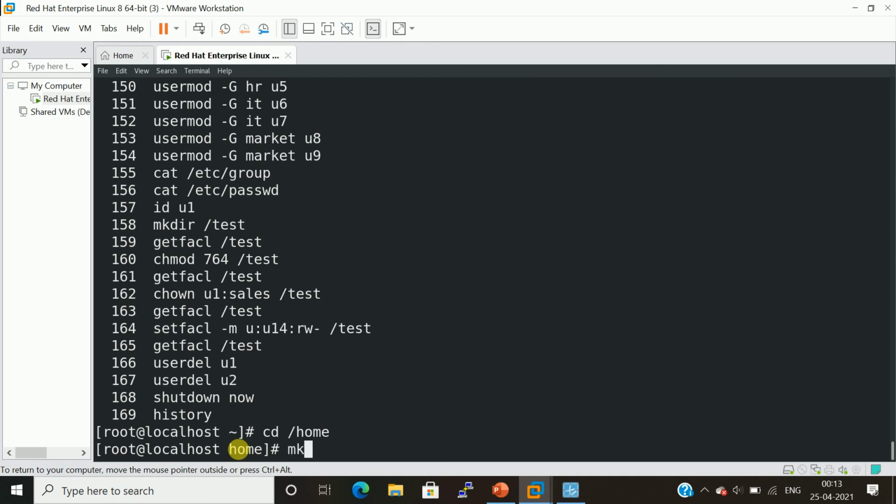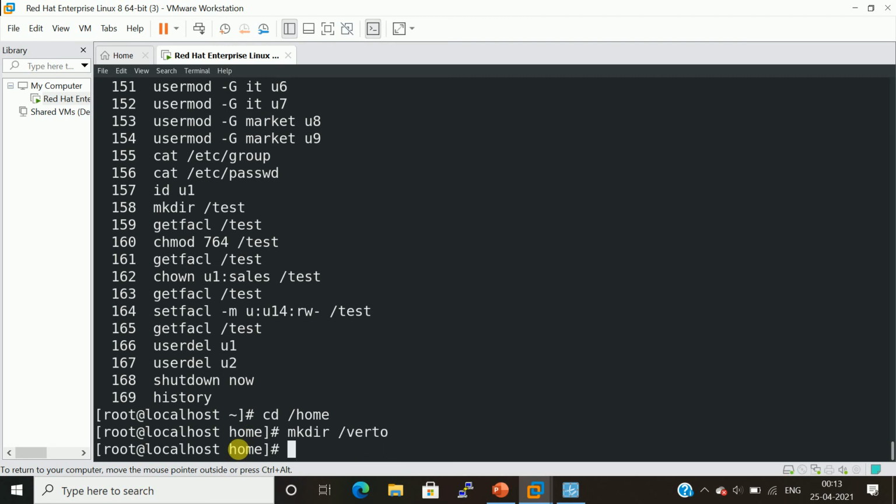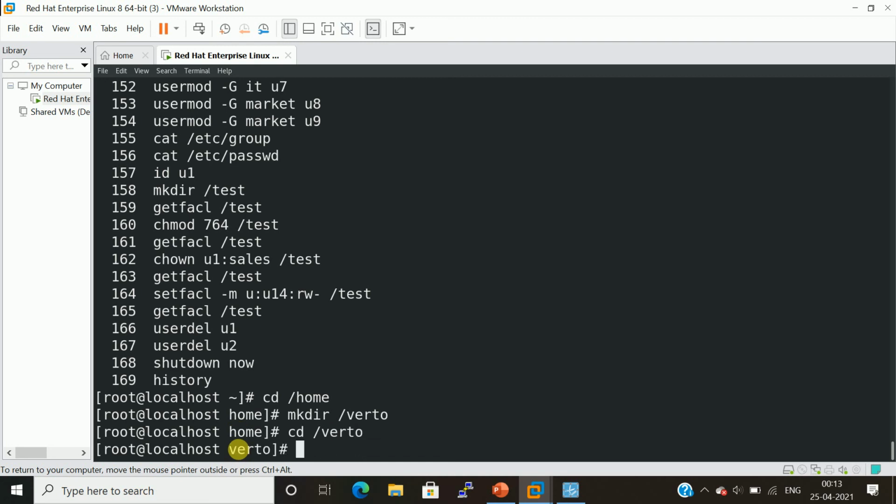I am going to create another directory, for example, slash virtual. So in Windows it is a folder, in Linux it is a directory. Now I have entered into virtual.